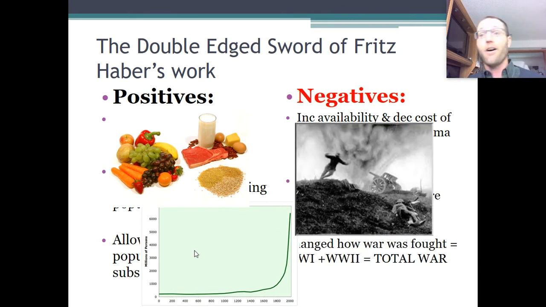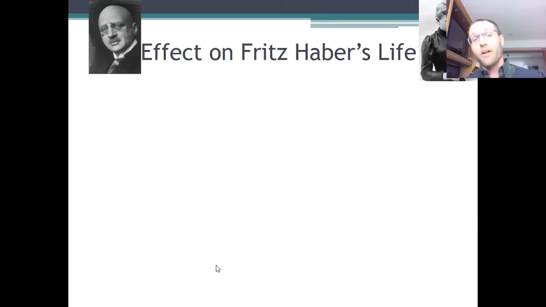Negatives, right? All that fertilizer led to too many people and a series of wars, right? And those wars were more destructive because it also had lots of explosives. So, made people, killed people. Hey, it was reaching equilibrium. It's almost like humans and civilization is an equilibrium reaction. Right? Now, other parts of this that are more direct to his life, if you look at Fritz Haber, he